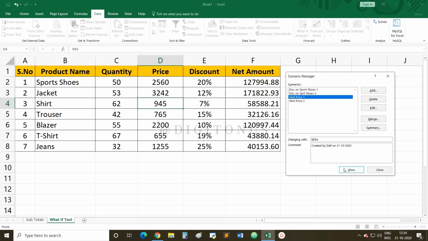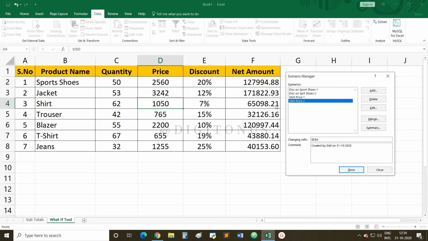Let's see if we are increasing the price to 985, it will be 61,068 and 21 paise. If we are selling it at a price of 1,050, then what will be the impact? The net amount will be 65,098 rupees and 21 paise.